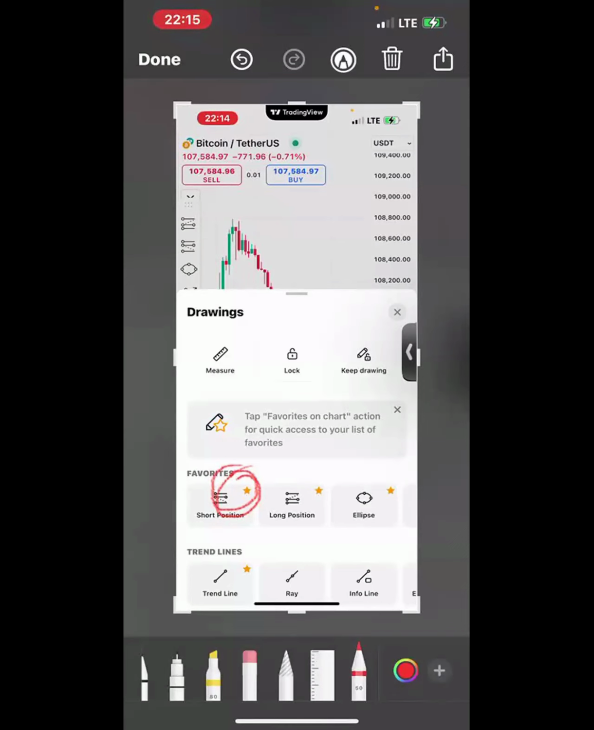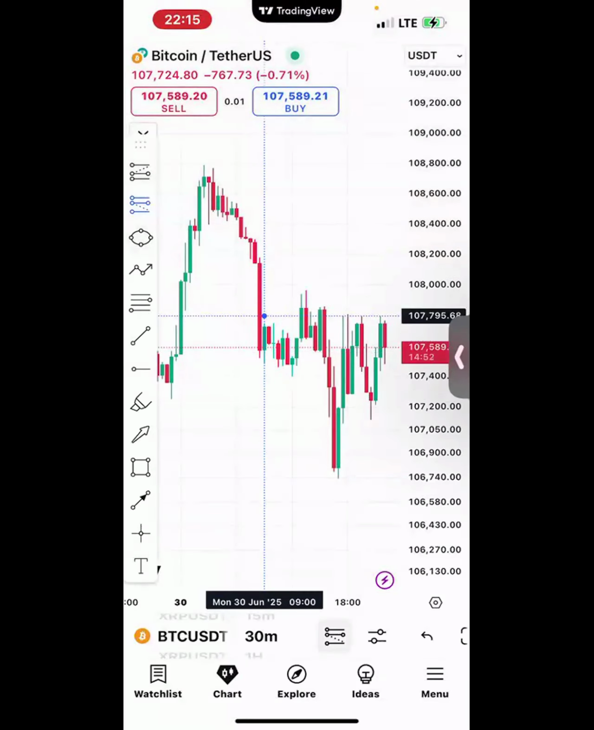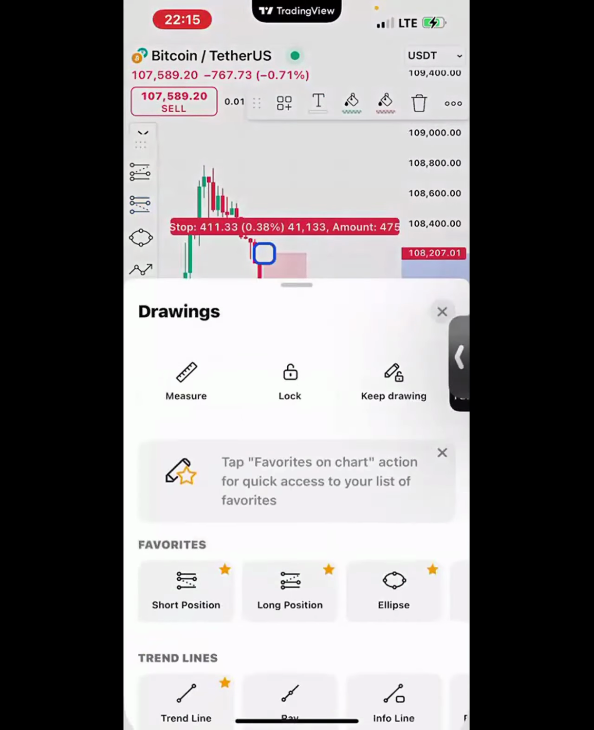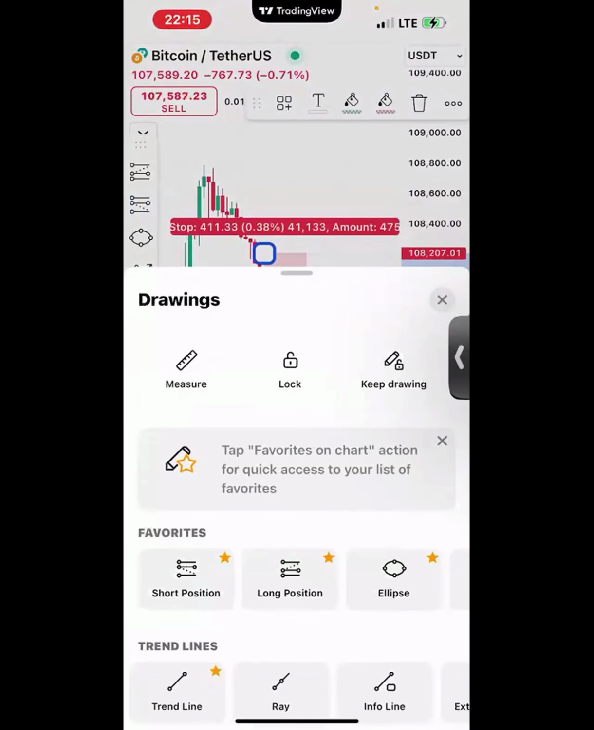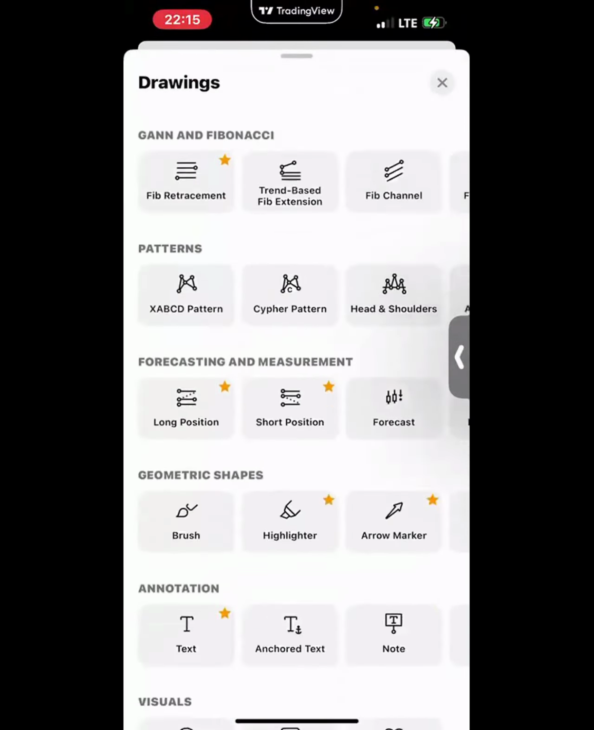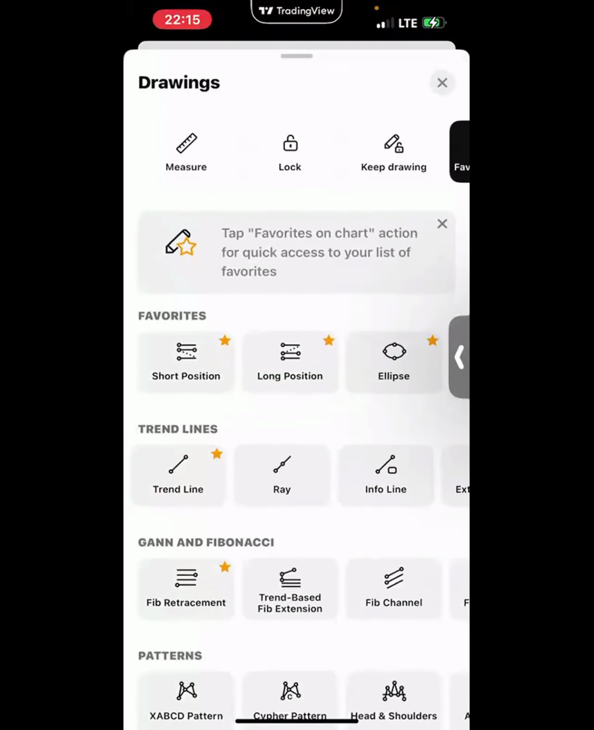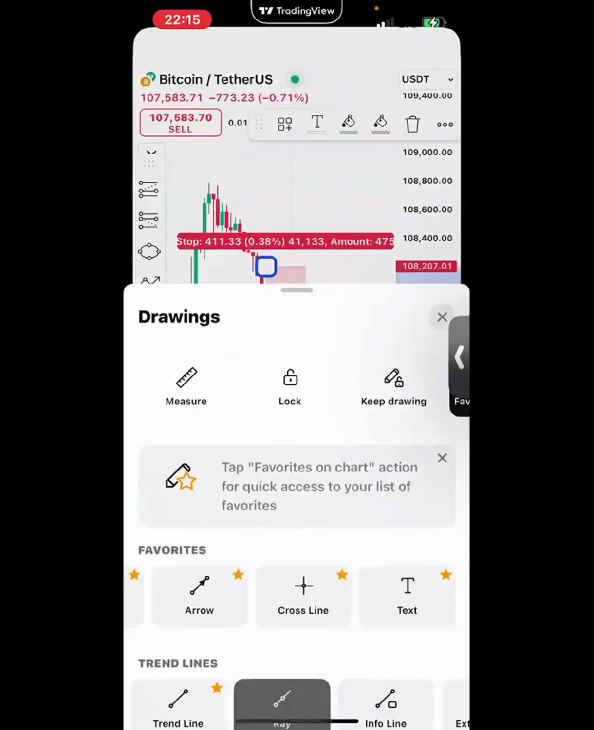So now, if I unclick it, it will take it out from my favorites. But once I click on it, I can add as many tools as I want. So if I scroll down right now, we have different drawing tools. The ones I favorited are the ones that are on top, right? So I can add, for example, this ray. I can click on it,